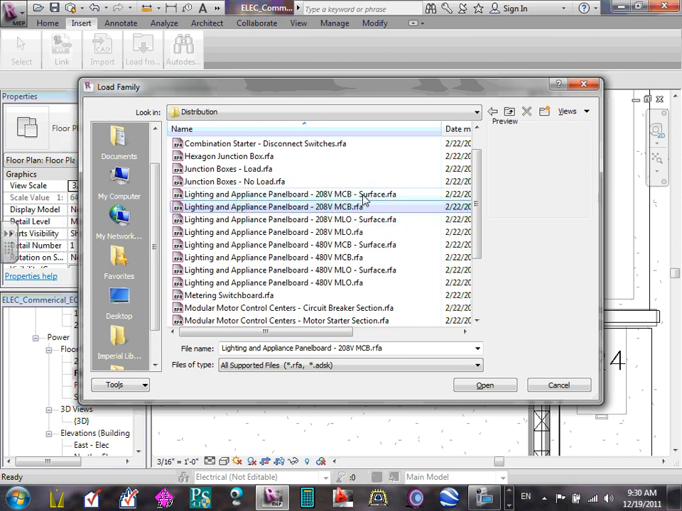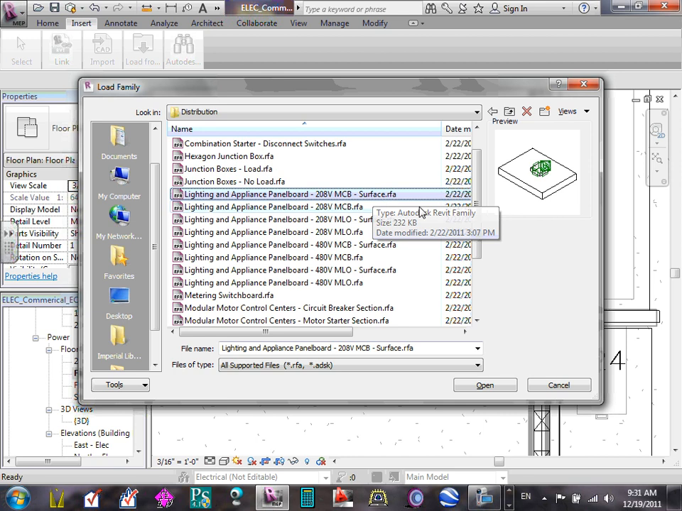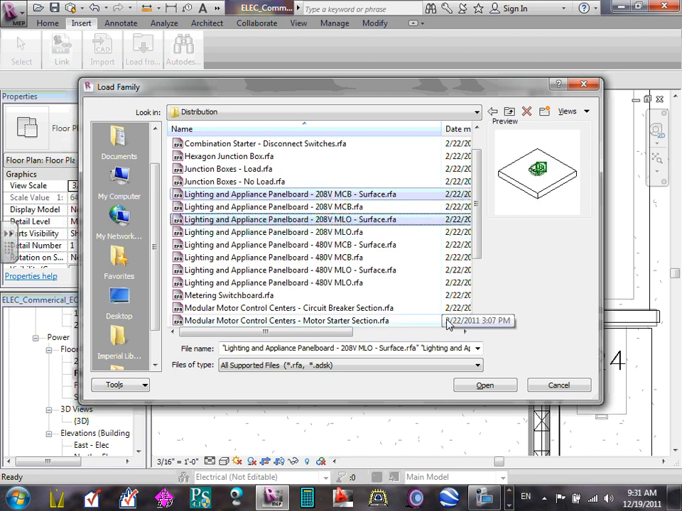main circuit breaker, I believe we want the surface only. I think that can go surface or recessed. Here's the surface mirror, main lugs, non-surface, and all the families that we have. So I'm going to grab the surface mounted 208 main circuit breaker, and also hit control. If you hit control, you can grab multiple of them, load multiple at the same time. I picked up the main circuit breaker surface as well as 208 main lugs only, surface. Just for the heck of it. The second one is for the heck of it. Okay? As long as I'm on it,